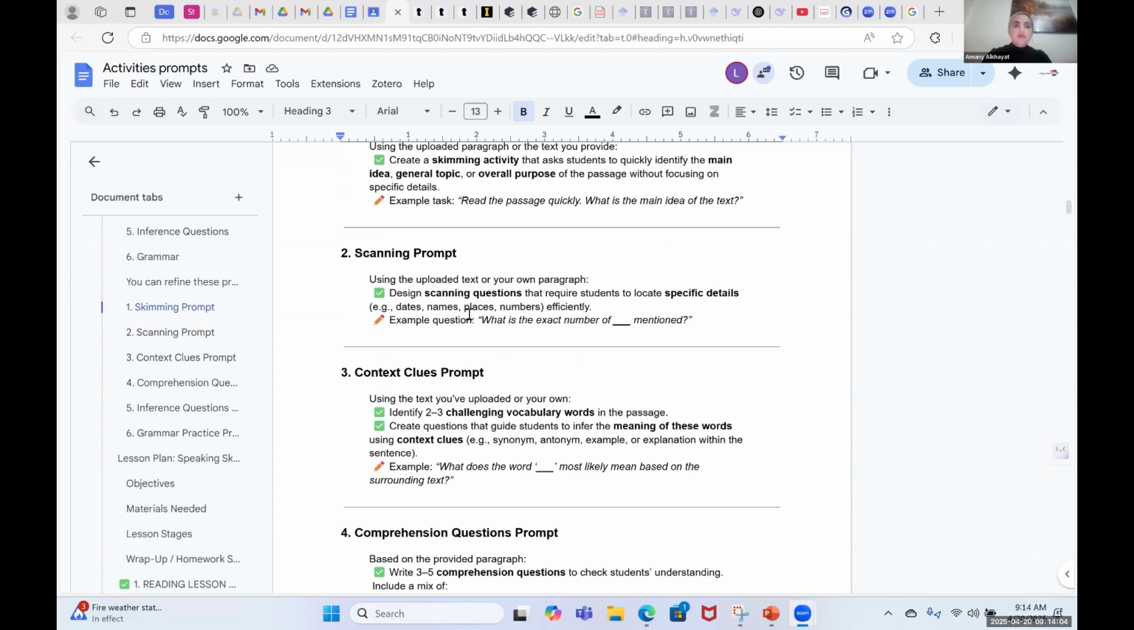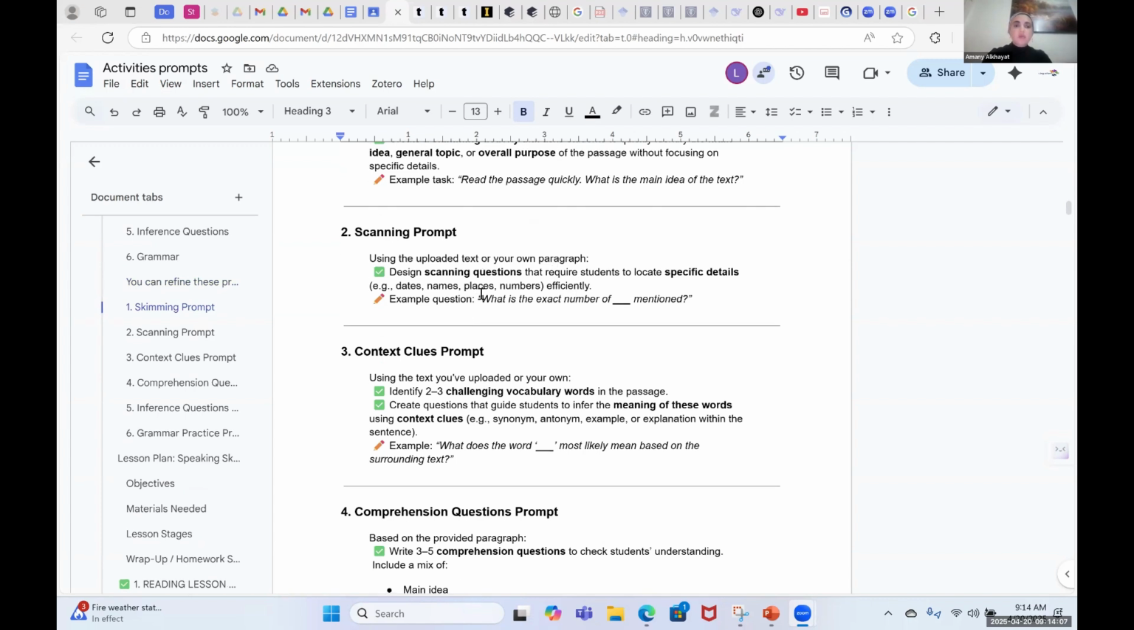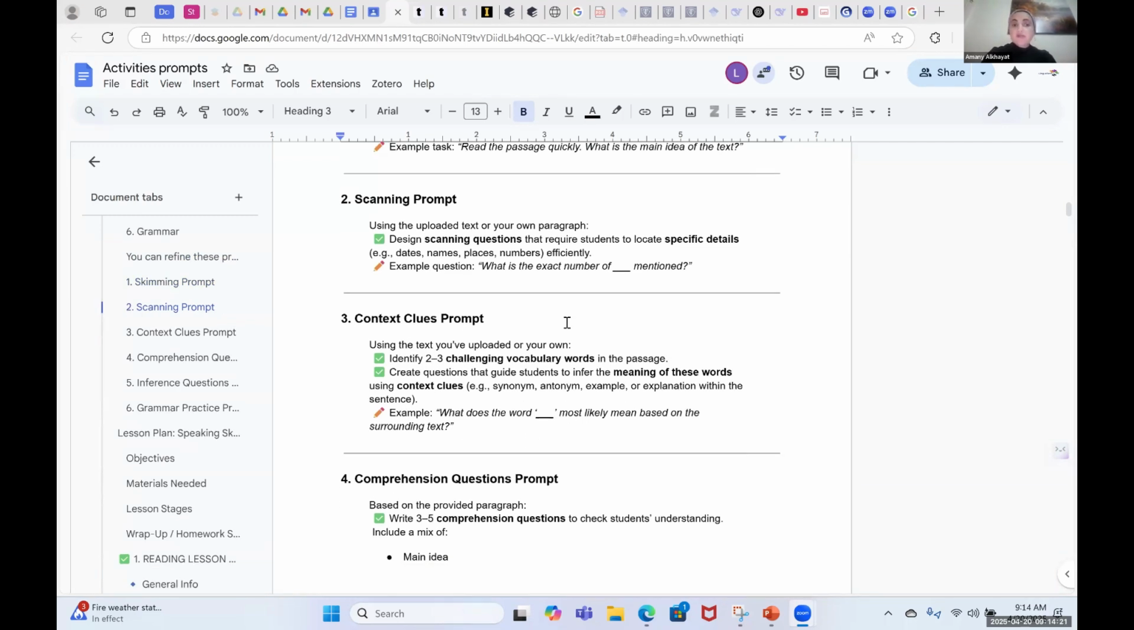The same thing for scanning. You give it details, you upload the text, but then you have to be familiar with the text, understand and read the output, and make changes so that you make sure that everything is fine. You can also have someone else read it, because you know the text, you might not pay attention to some mistakes that ChatGPT has made, so it's better to have someone else read the activity and then give you feedback, which we call